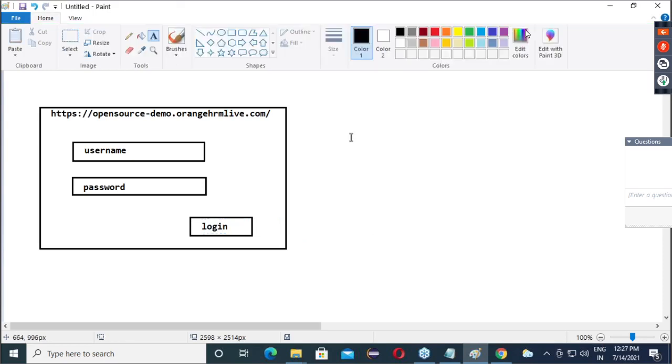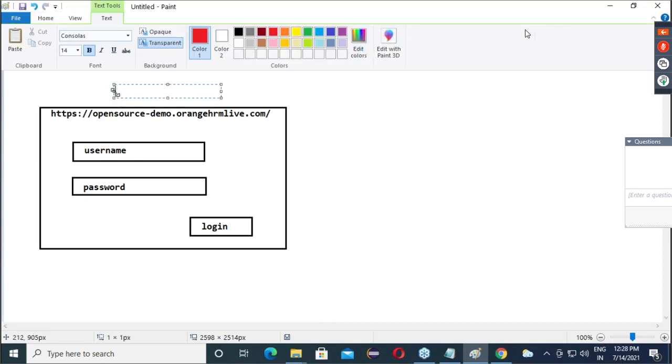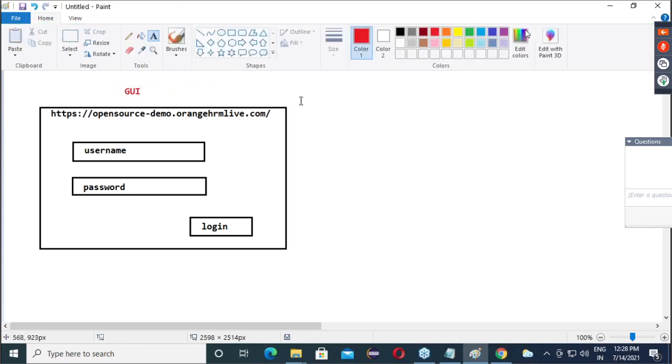Now guys, first thing is, every web page, this is our UI, what we are able to see. This is nothing but GUI, graphical user interface. This is our UI presentation, what we are able to see.